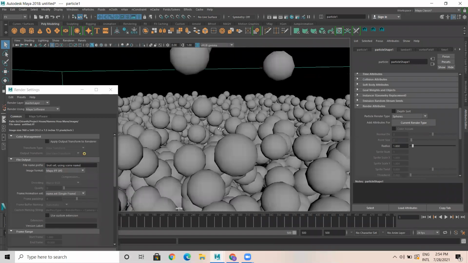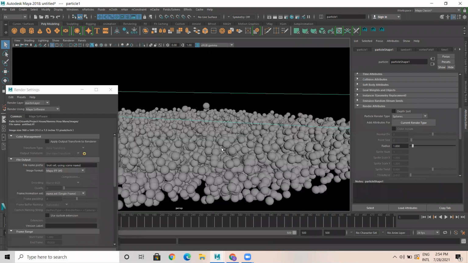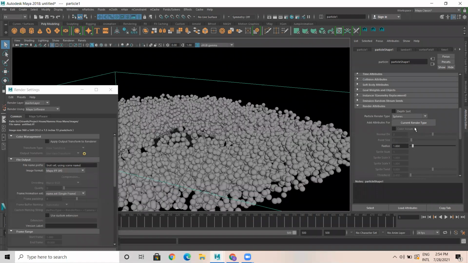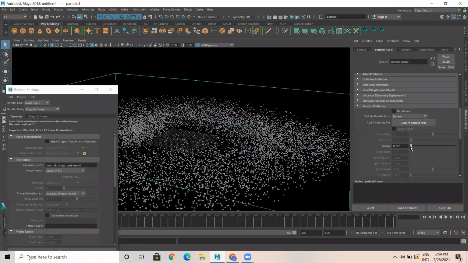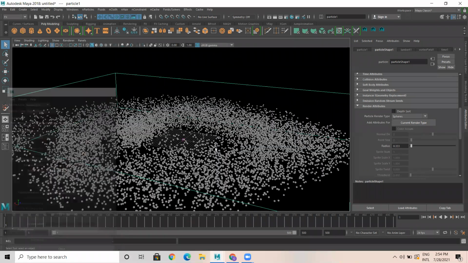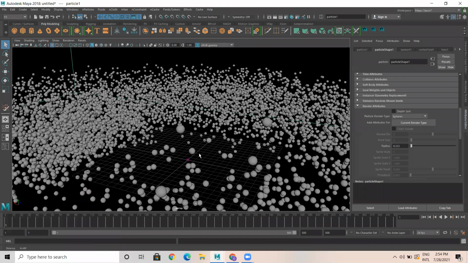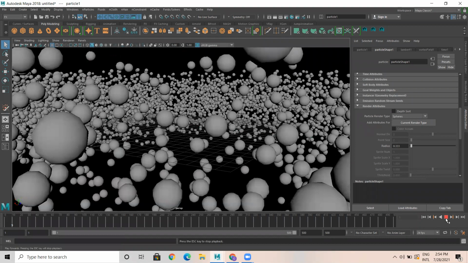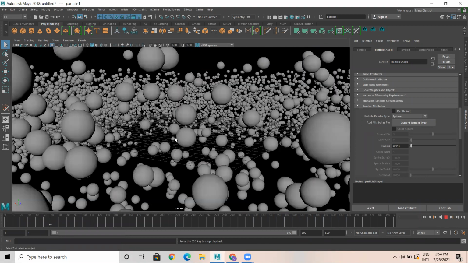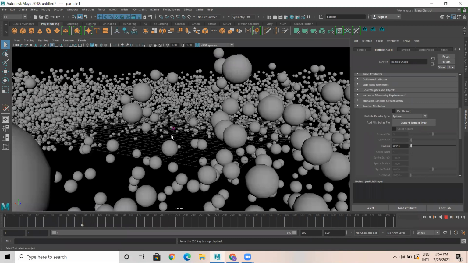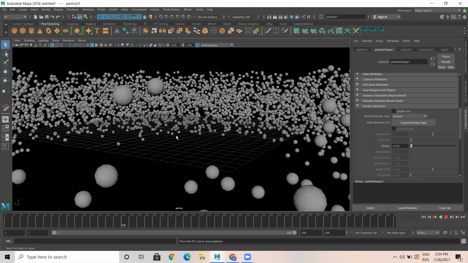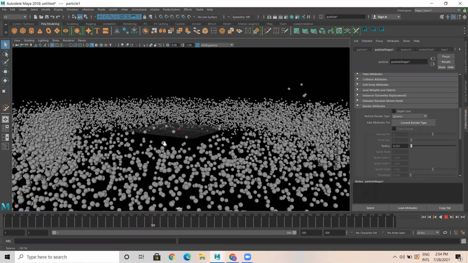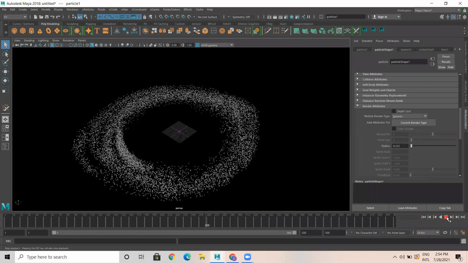Now let's see how this looks. In the sphere render type, I can reduce the radius. Okay, it's like this. Now anyhow vortex is applied. Let's play. So if you notice, like the galaxy or some other shots, it does look like this.